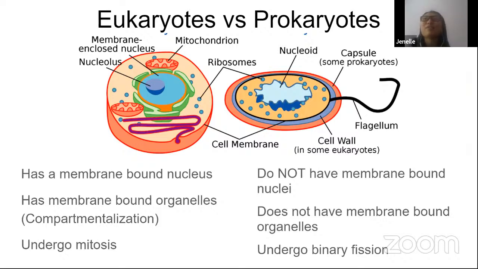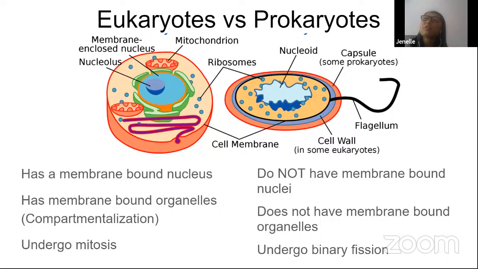If there are no additional questions, I'm going to go on to eukaryotes versus prokaryotes. The MCAT likes to ask this question in different forms, or mention it within a passage, so you have to distinguish this, and I wanted to stress it a little bit. On the left side, you can see a eukaryotic cell, and on the right side, you will see a prokaryotic cell in this diagram. And the distinguishing factors